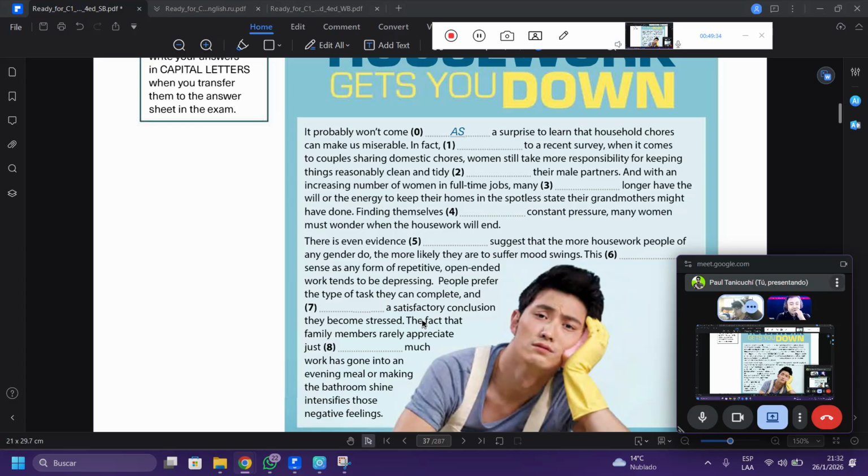Next: the fact that family members rarely appreciate just much work has gone into an evening meal or making a really balanced time. What is the word?